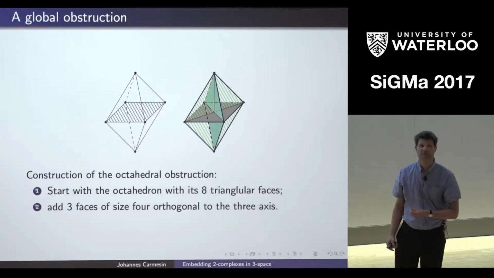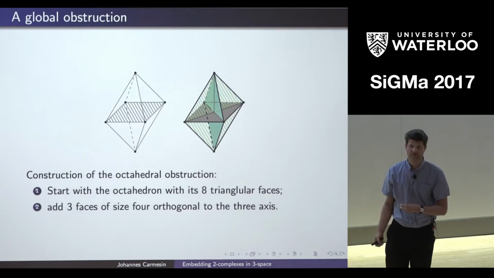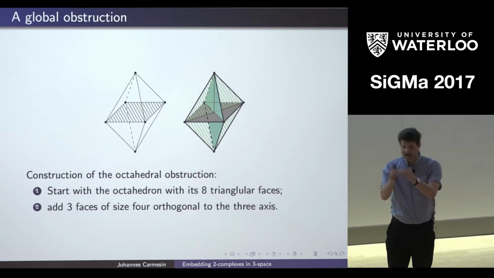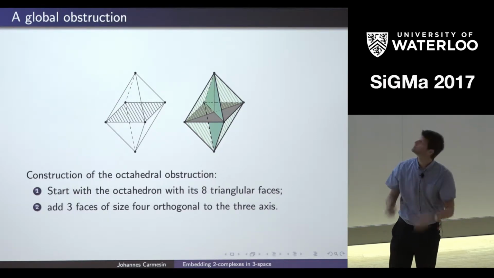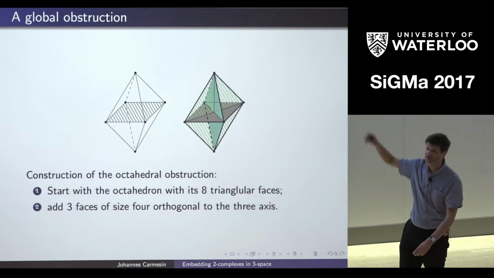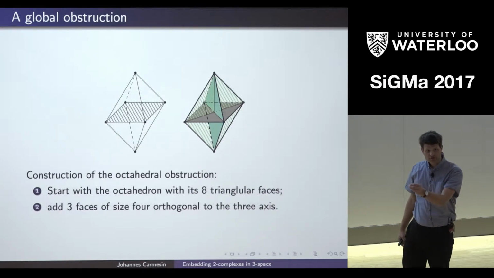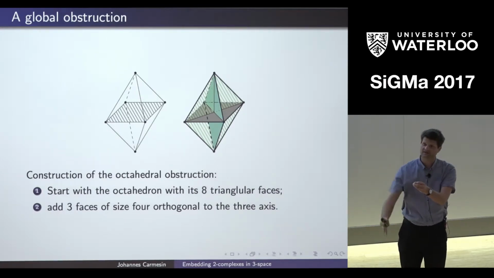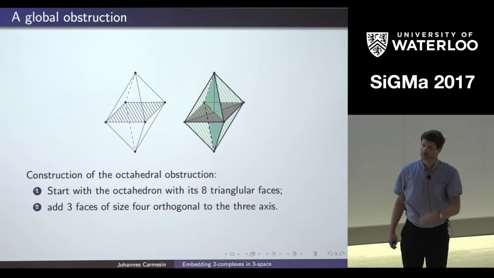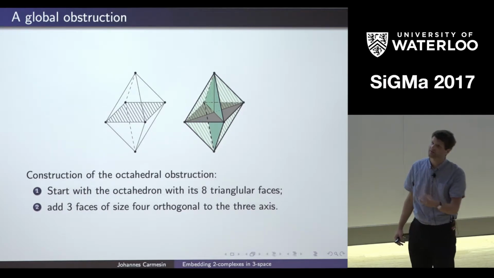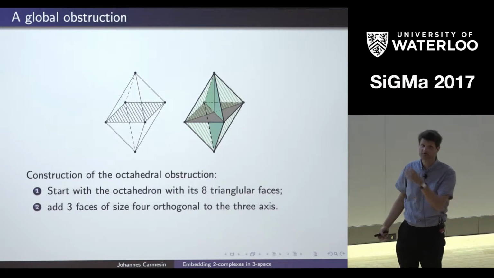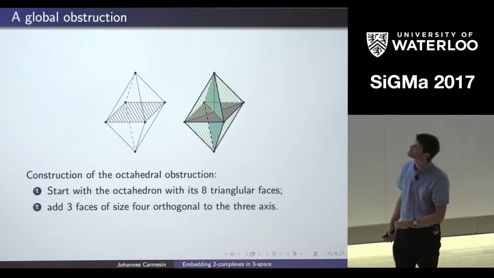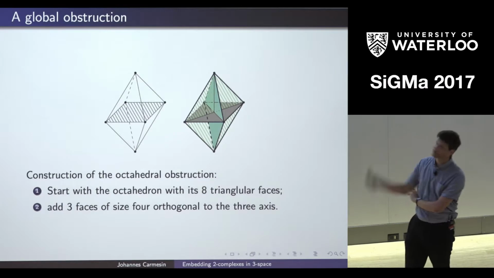And the cone over K5 was a local obstruction to embeddability. Local in the sense that you could look at the neighborhood of a particular vertex and already from this deduce that you cannot embed. For the octahedron obstruction, this is not true. If you look at a particular vertex, every vertex doesn't see one of the newly added faces. So if you just look at this vertex, locally it's embeddable, because if you have the octahedron with just 2 faces, it is embeddable. So locally at every vertex, the octahedron obstruction is embeddable, but it's not globally embeddable.